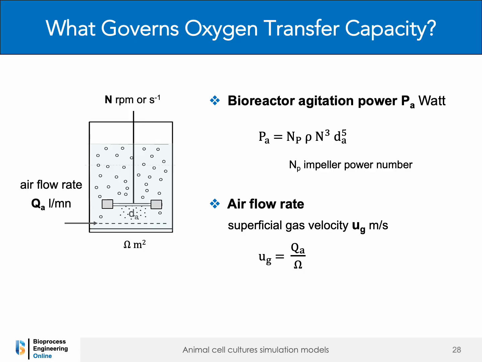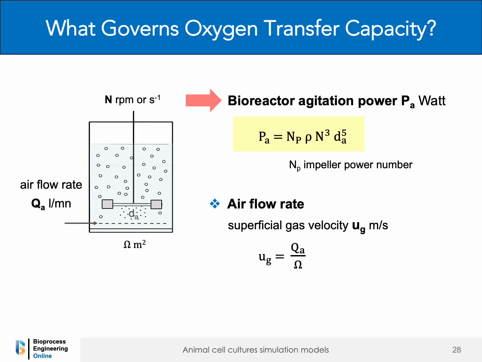What governs the oxygen transfer capacity KLA? The oxygen transfer coefficient KLA depends primarily on the fluid flow or agitation within the fermenter and on the aeration rate. 1. Influence of agitation. The first major factor affecting KLA is the medium agitation power, or mixing intensity. The mechanical power consumption for tank agitation, PA in watts, is typically estimated using the following relationship: